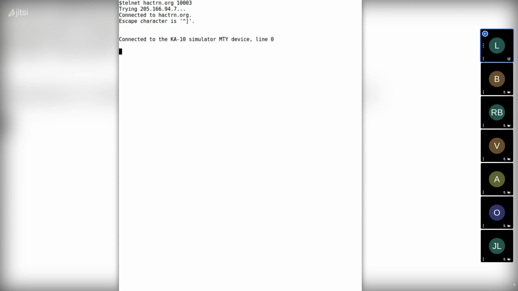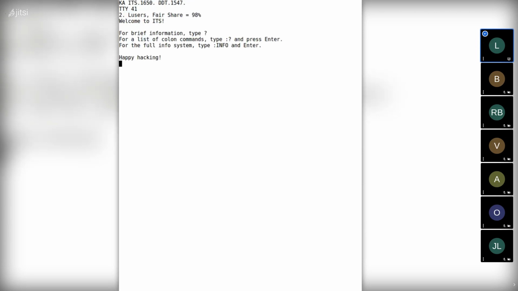So we're connected to an ITS terminal line, and we type Control-Z to log in. We type a new fresh username.